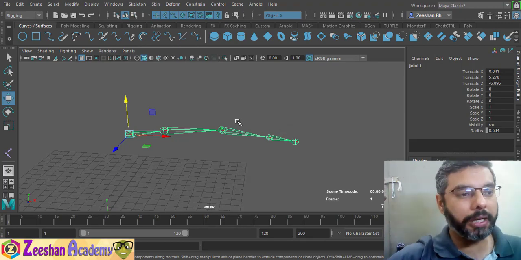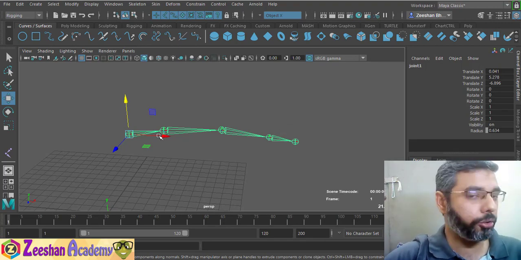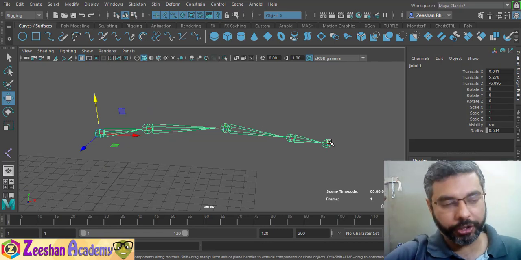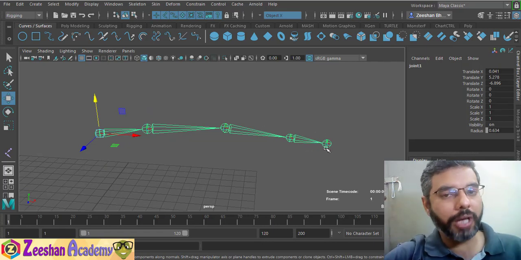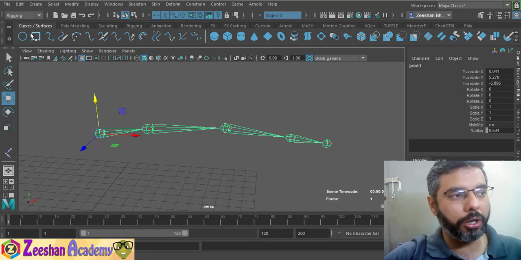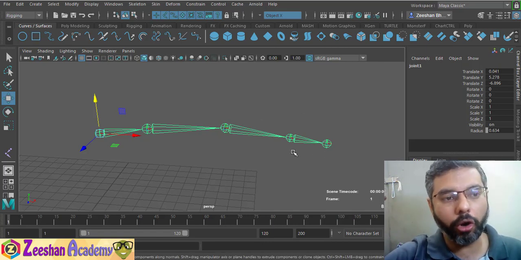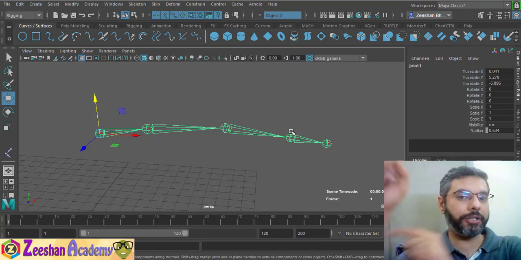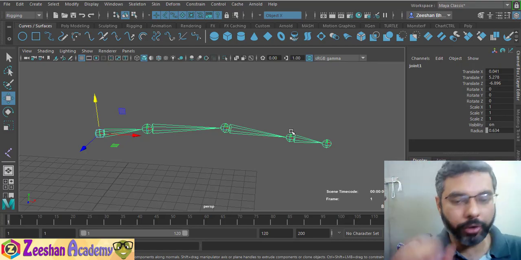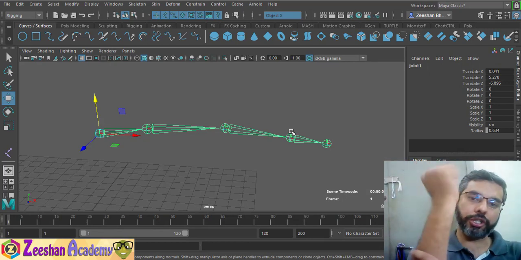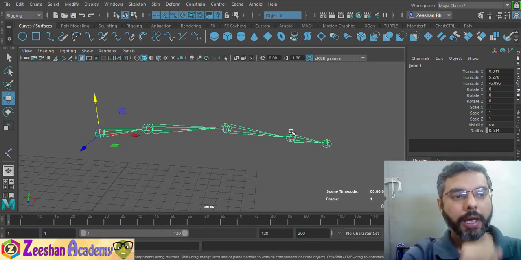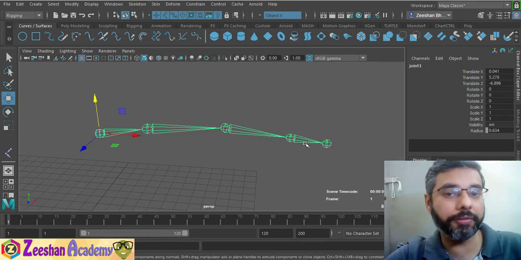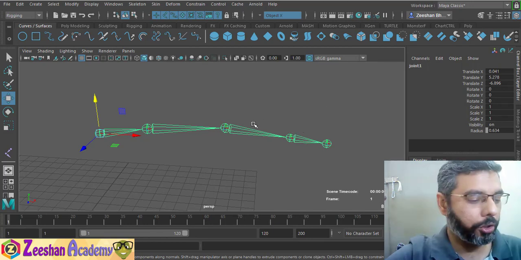So for the IK handle, typically we always start with the shoulder joint. We do not use the collarbone as a starting point of an IK, and then we use the wrist joint. The problem with that is that when we use IK with the wrist and we use a locator and constrain these things together, it locks the forearm joints as well. It locks all the middle joints because now the IK handle is controlling all these three joints. What if you need this extra forearm rotation that rotates your arm as well? In order to do that, we use a very cool trick of changing the pivot point of the end effector of the IK handle. So this is what we're going to show you now.